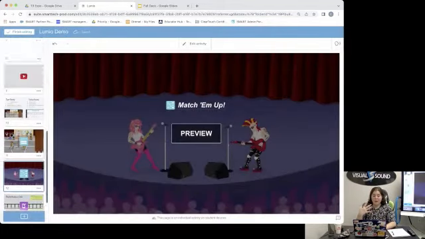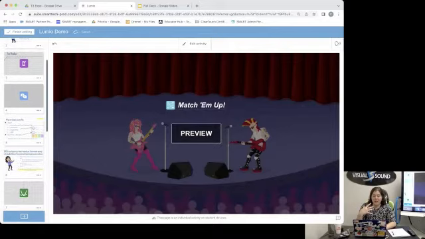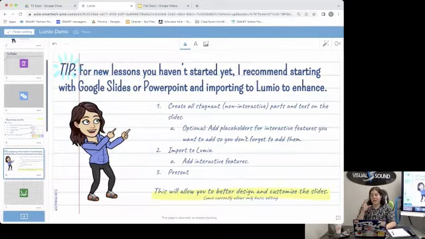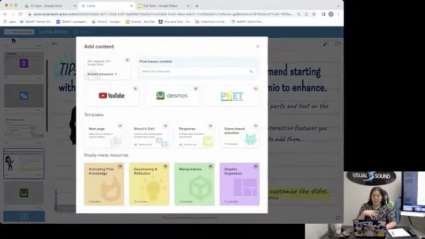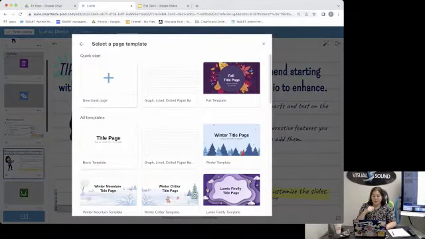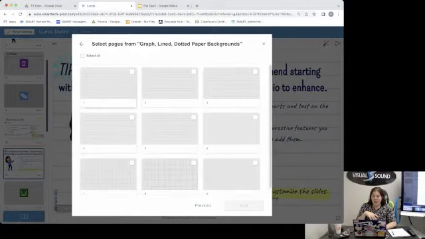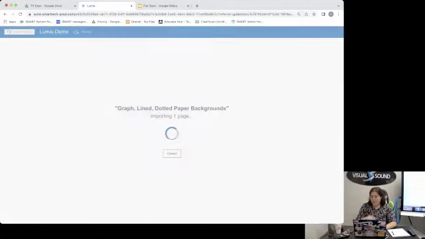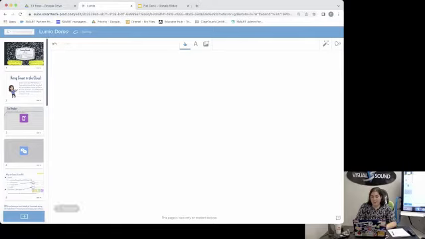I personally recommend, and I have a slide that says this, to create your slides in Google Slides and then import them, because I think you're able to design better in Google Slides. Like if I come to the plus sign and I want to create a blank page, first I got to pick my background, I click add,